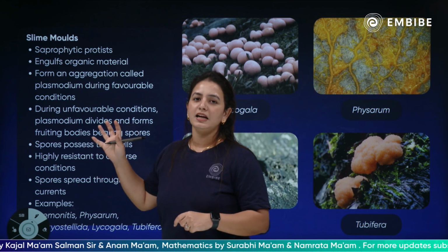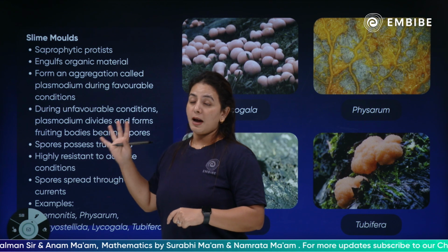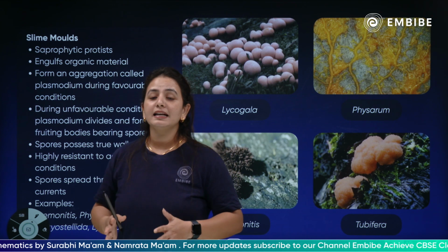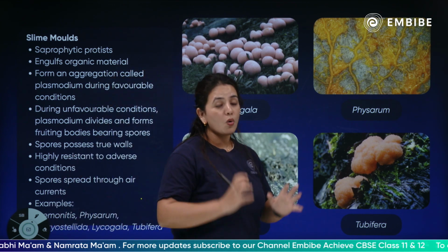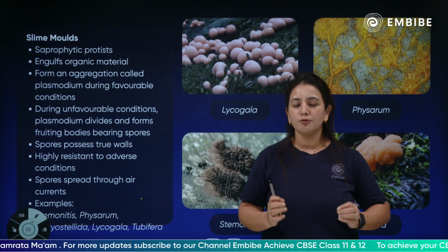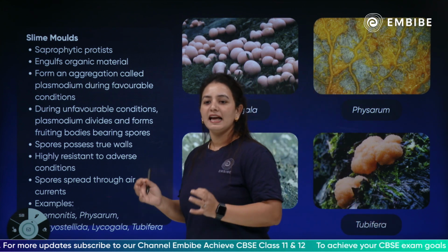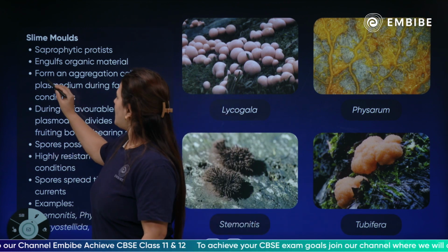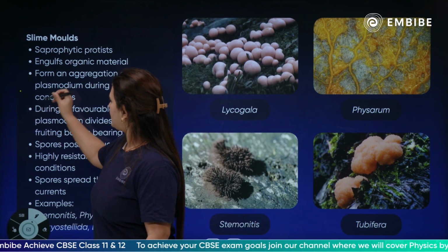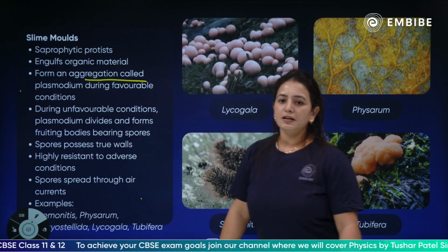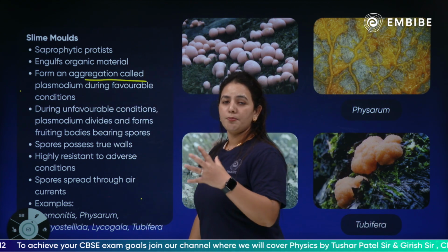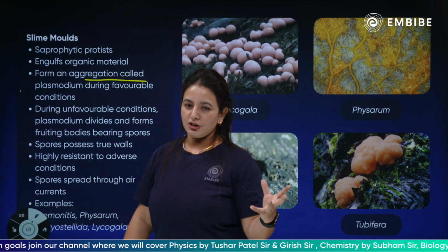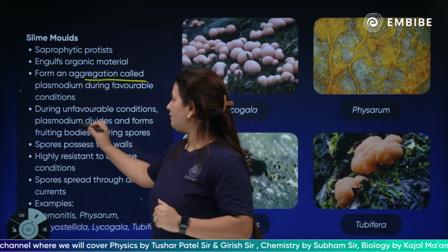What are the features? That they are completely saprophytic protists. All the other protistans are autotrophic, but this is the only protistan which is saprophytic, feeding on dead and decaying material. It engulfs the organic material and forms an aggregation, just like a fungus. It forms a plasmodium during favorable conditions,